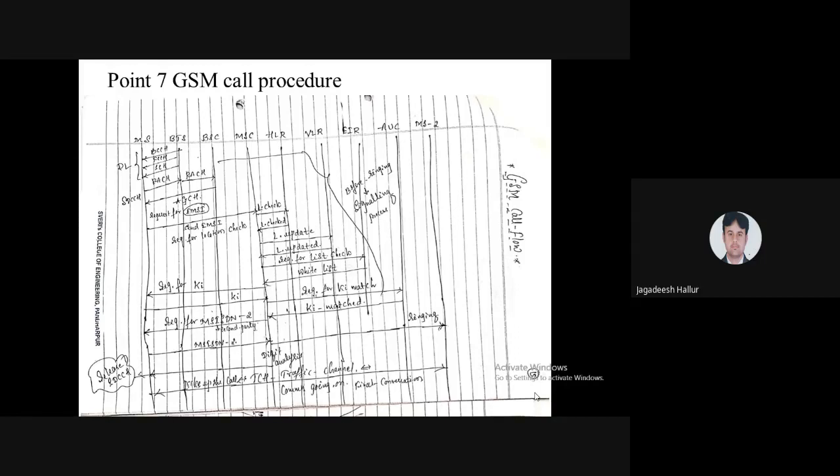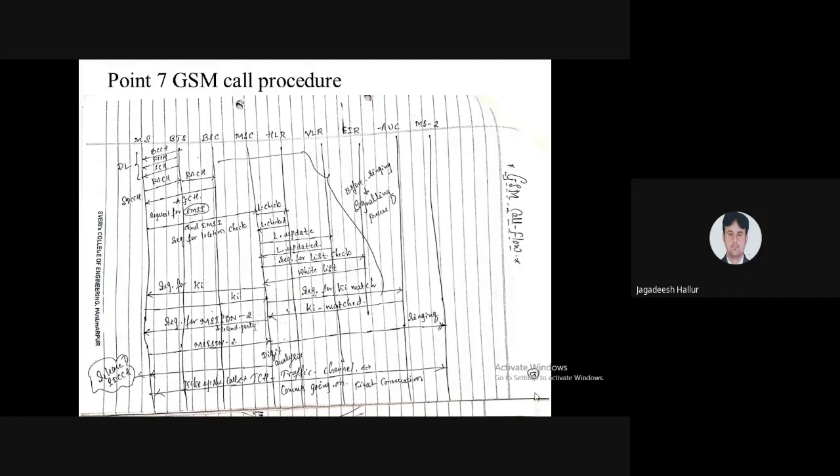Those channels are BCCH, the broadcast control channel, FCCH, the frequency correction channel, and the third is the synchronization channel, which are always in the downlink.